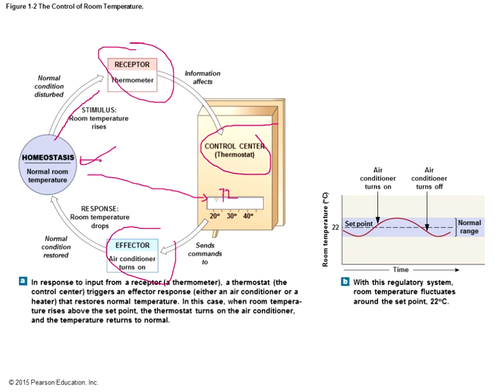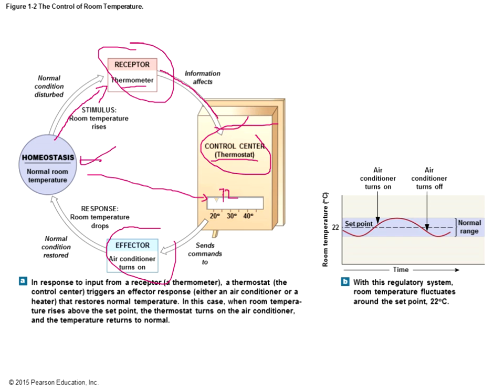And so the temperature rises outside, and the normal room temperature of 72 also starts to go up. There's a receptor, a thermometer, that tells us it's not 72 degrees anymore. That thermometer reads that and sends that information to the control center, which is your thermostat. That's where you have it set at